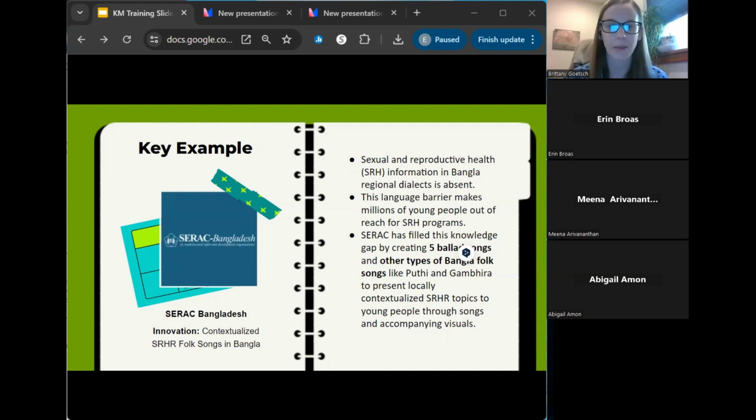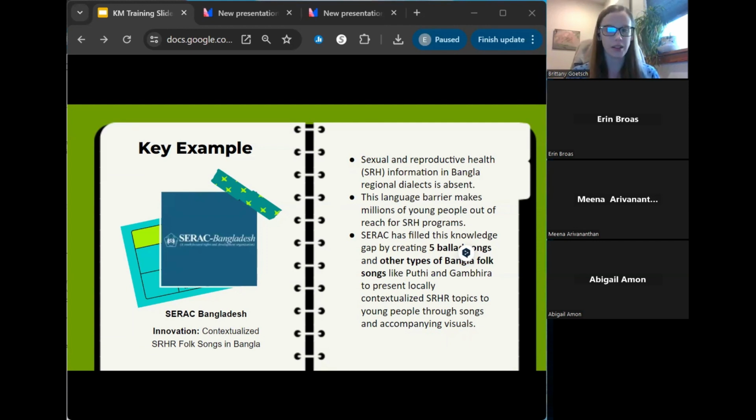It was a multi-year grant opportunity. And these are several pitch winners that we wanted to highlight through this grant opportunity. So the first one on here is AYSRHR Bangladesh, and their innovation is contextualized